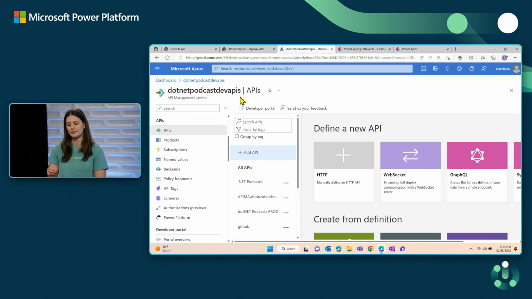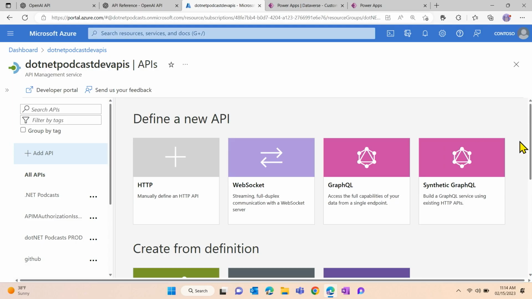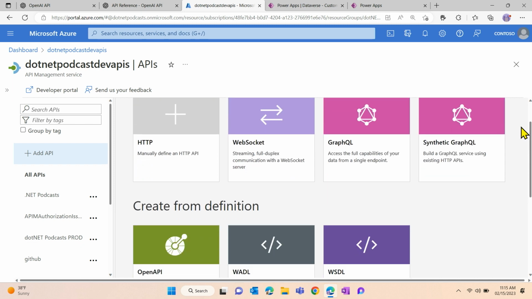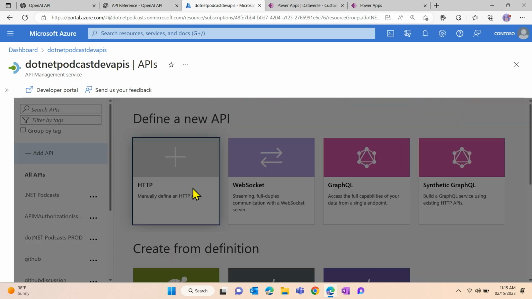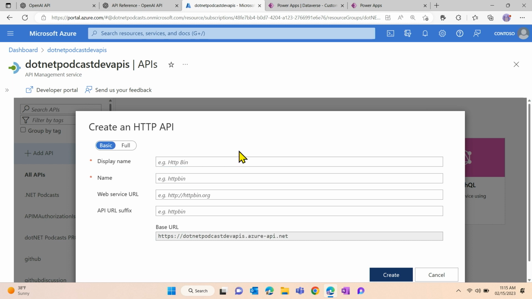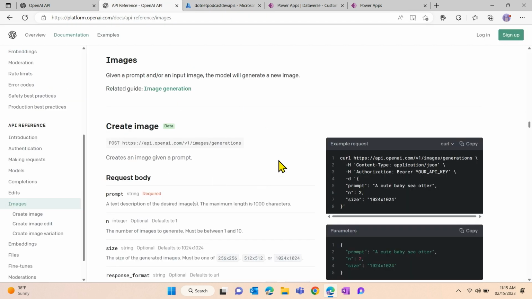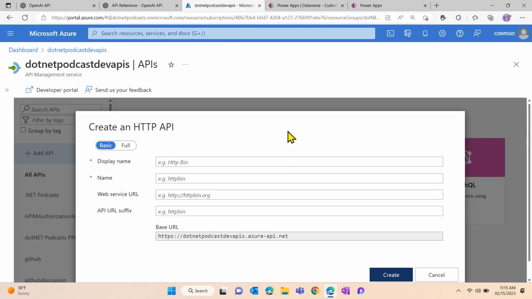So first of all, we have to import or add the API to our Azure API Management instance. As you can see, Azure API Management supports a bunch of different types of API. There are a bunch of different ways how to import this API to your instance. For example, you can also just import it using one of your existing Azure resources as well. So for our use case, we just simply manually added the OpenAI endpoint to our Azure API Management instance. All of this documentation can be found here, and we simply just added it and filled out the manual HTTP